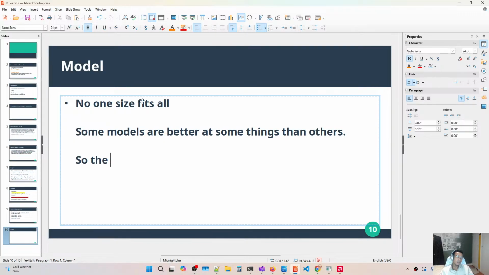So the skill is to know which for which speed, accuracy, and... okay, actually,